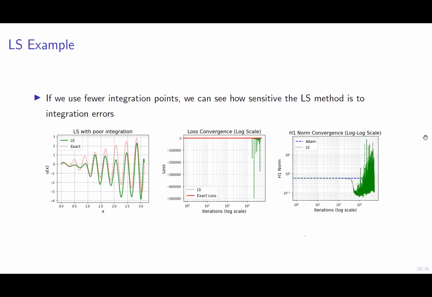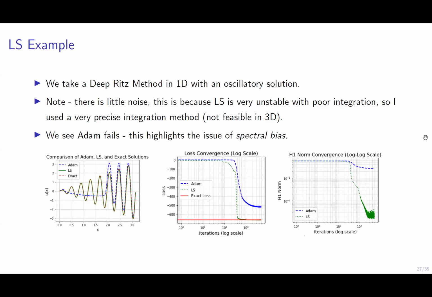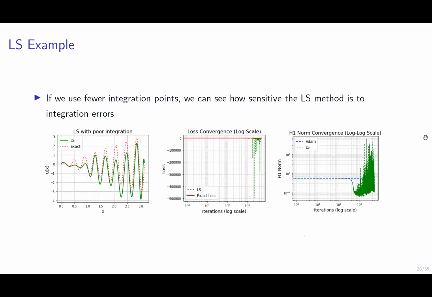Now, just to highlight what I said about how these things can be very, very unstable. When I did this simulation, I used a really, really fine integration mesh, which is not feasible once we're talking about 3D problems. This is a 1D problem, so essentially you can put tens of thousands of points and integrate up to numerical zero. Now, if I use fewer integration points, I think it was of the order of 50 or 100 or something like this,